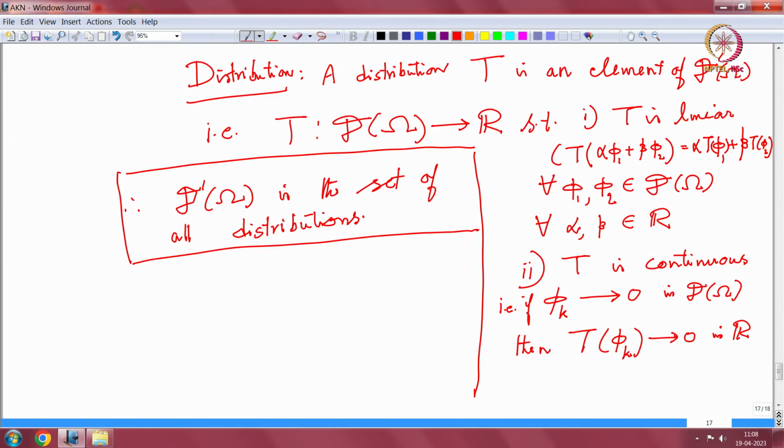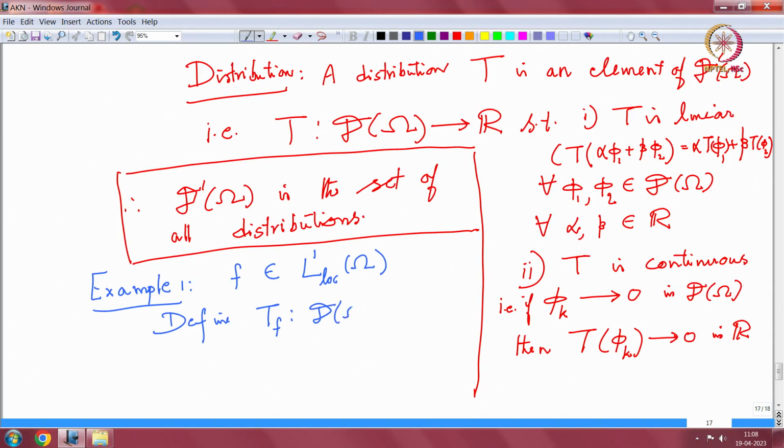Okay. So, let us start with one example. Maybe I will use a different color. You will have a lot of examples. So, let us start with an example. Suppose f is locally integrable. The notion of locally, I will not keep on telling, is that f is a locally integrable function, wherever it is, in omega or R or whatever. So, define T f. For the first example I am writing everything, later I may not write each and everything, it is up to you too, but when you are studying this distribution theory for the first time, make sure that each time you write all the steps in the beginning,